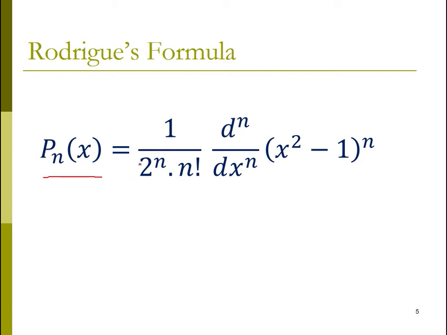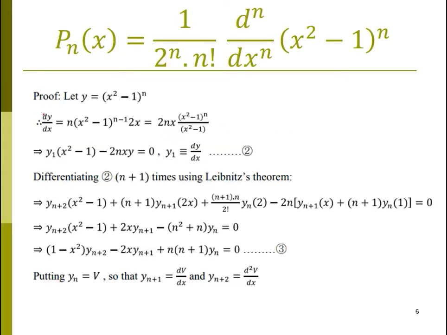Pn of x is equal to 1 upon 2 raised to n into n factorial into nth derivative of x square minus 1 raised to n with respect to x. Proof. Let y is equal to x square minus 1 raised to n. Now differentiating this with respect to x,